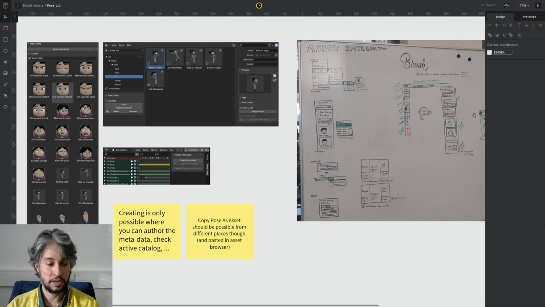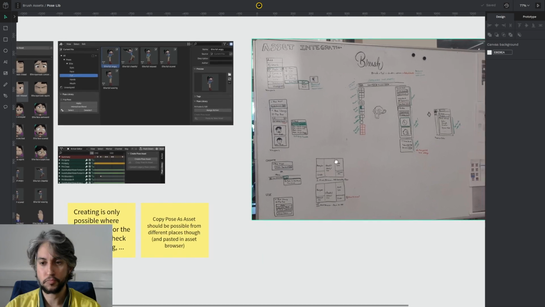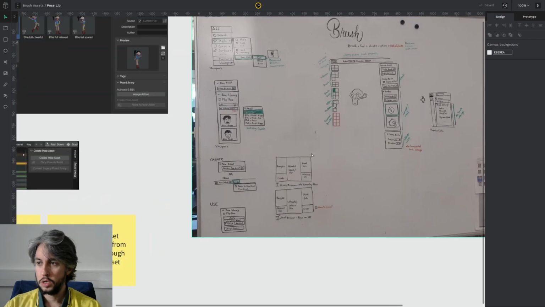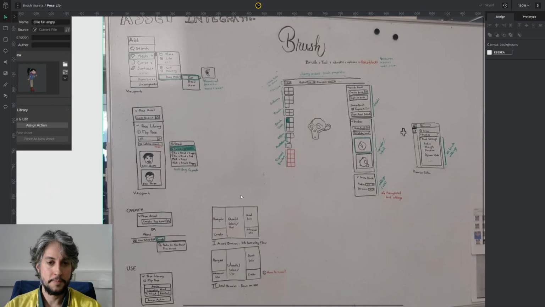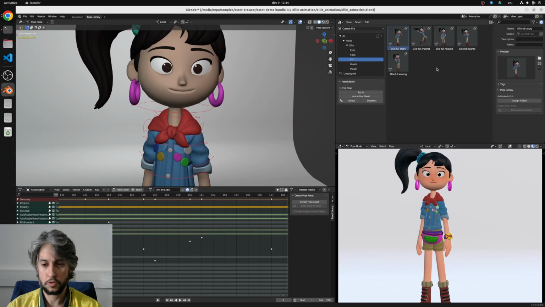Alright, I'm gonna be using Penpot again for something new, and I decided to record because why not? So basically I have this old design about the pose library in Blender. So, pose library,